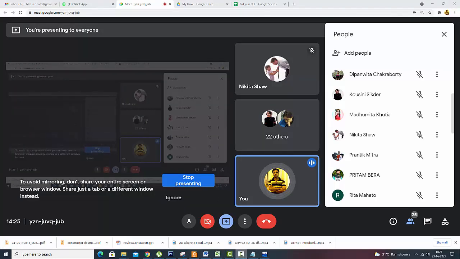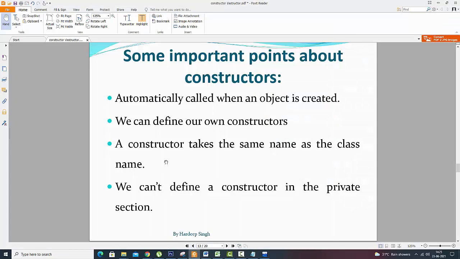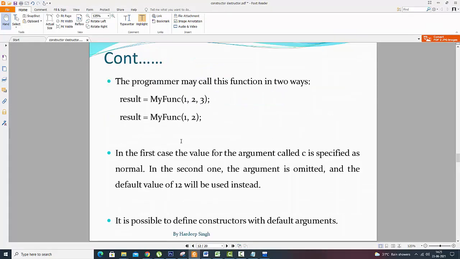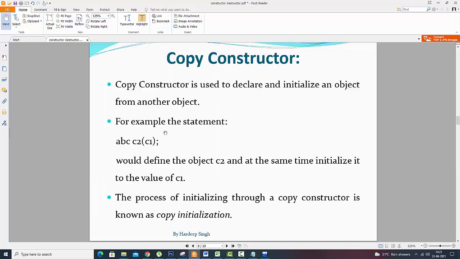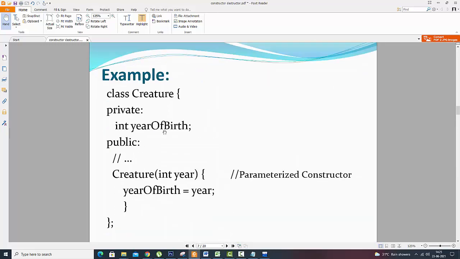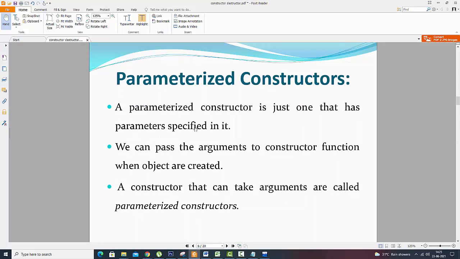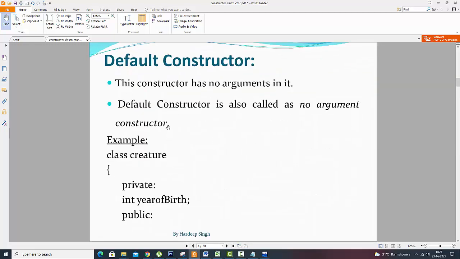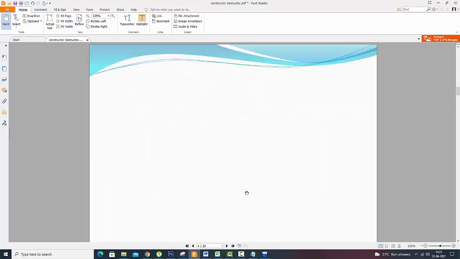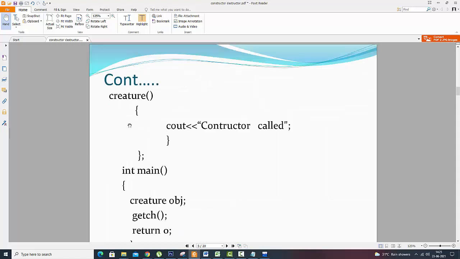As we have come to know about two types of constructor, first of all we have the default constructor. If we read about it minutely, there are some differences between default constructor and empty constructor, but as a whole this is the default constructor, a non-parameterized constructor without parameters.